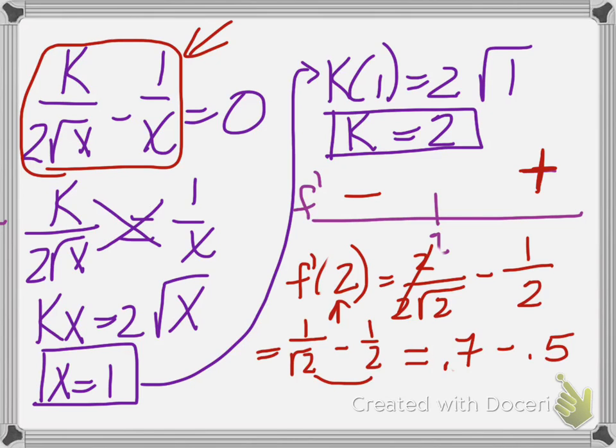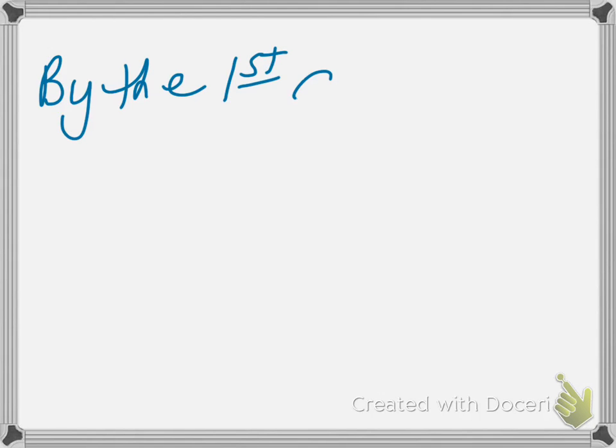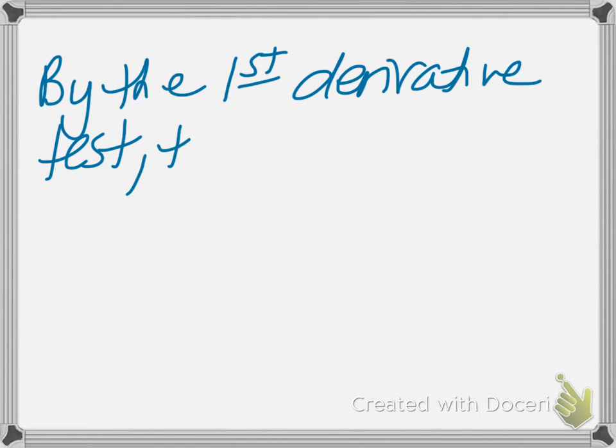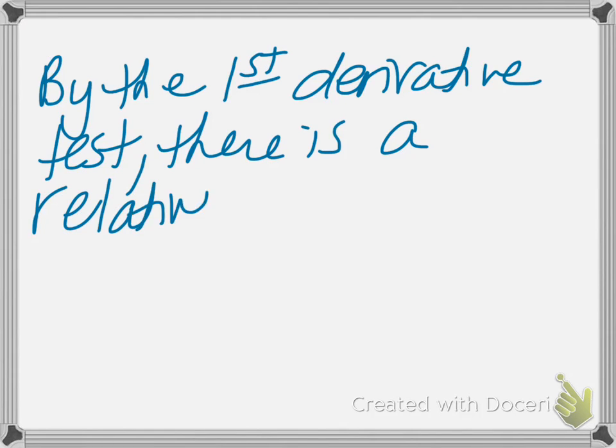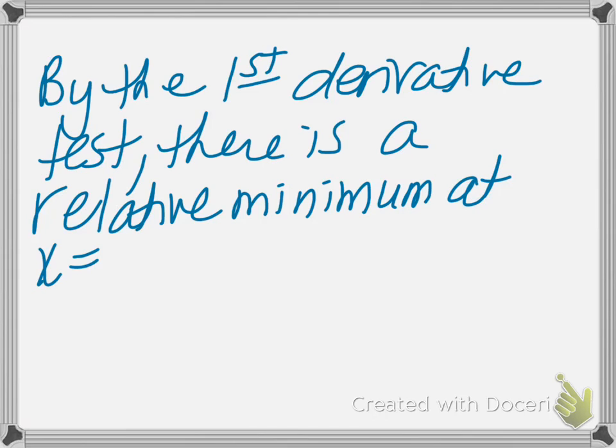Okay, so which one is it? Well, over here, the function was first decreasing, and then it was increasing. So if you go from decrease to increase, there must be a min. So your explanation for this, if you're doing it using the wiggle graph, is you would say, by the first derivative test, there is a relative minimum at x equals 1. You can't just say there's a relative minimum. You have to state it's at x equals 1,